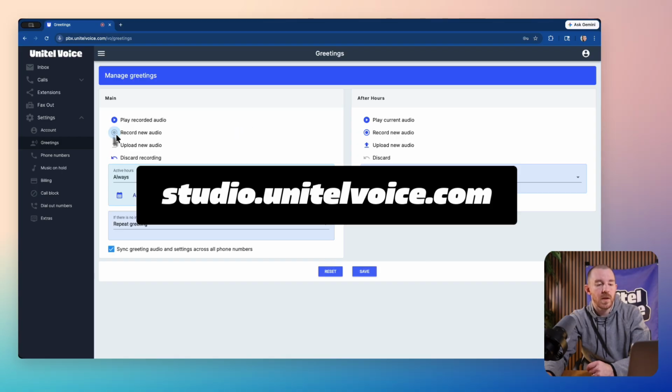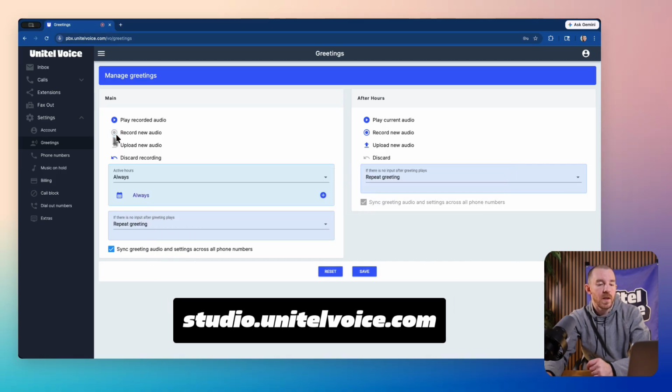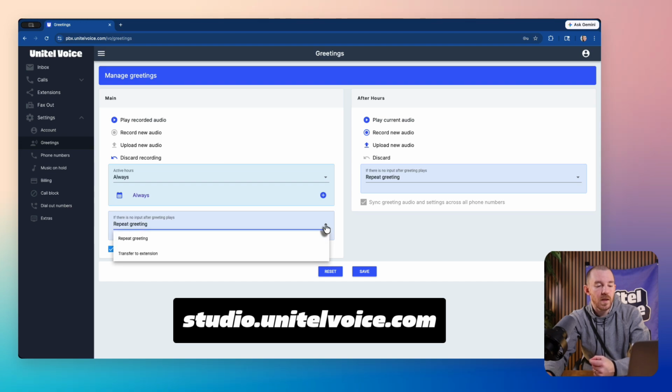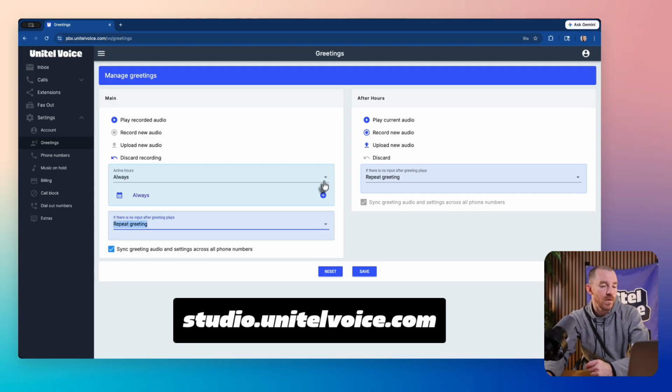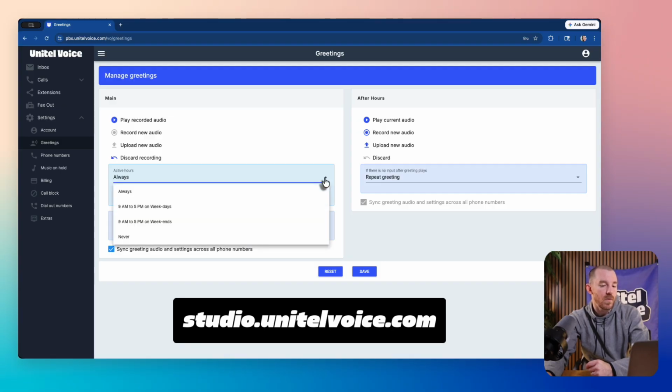While you're there, you can have them record one for your main greeting, department voicemail greetings, and even an after-hour greeting if you'd like. Below your main greeting, you have 2 options. You can have the greeting replay, and then if they don't enter anything, you also can have it forward directly onto an extension of your choice. You also have the option to set your business hours here. Your business hours relate to the main greeting and the after hours greeting. During the business hours, your main greeting will play, and then outside the business hours, your after hours greeting will play. The after hours greeting does take a little bit of setup, so I would recommend taking a look at our